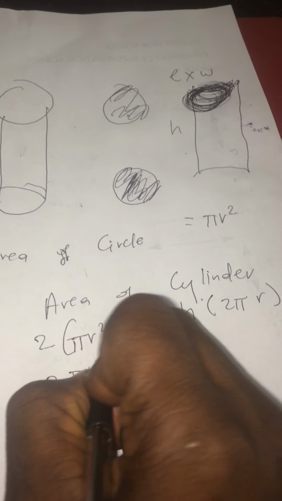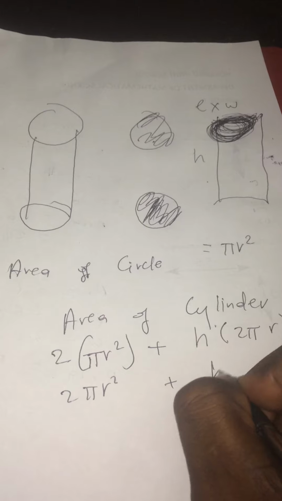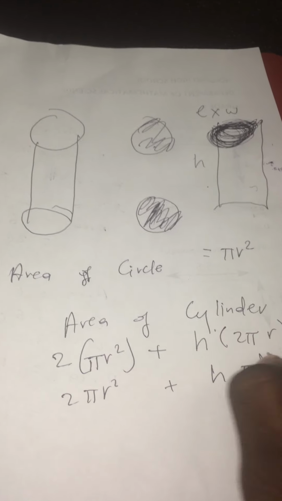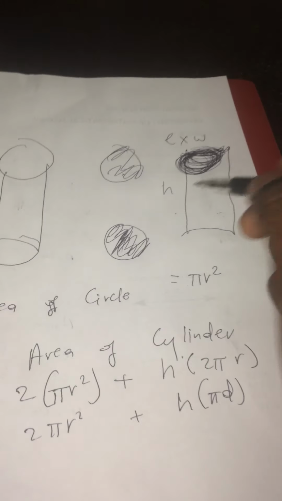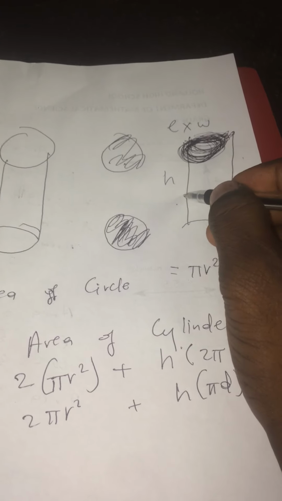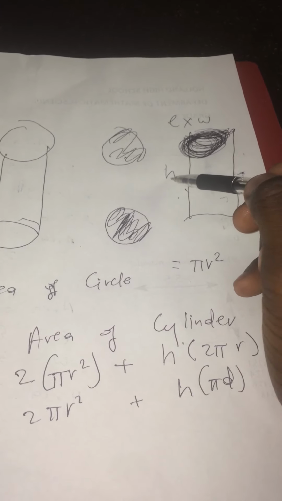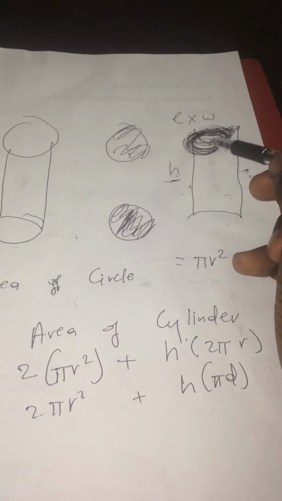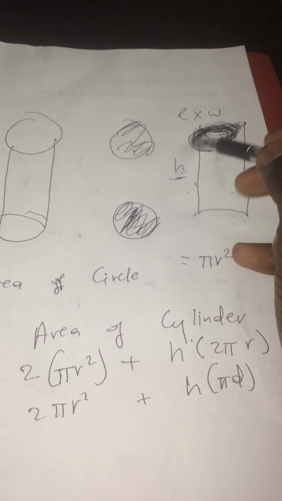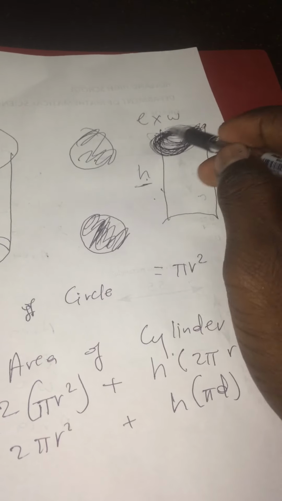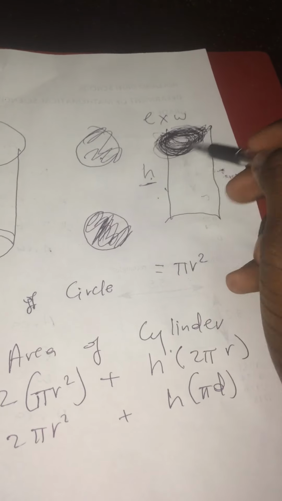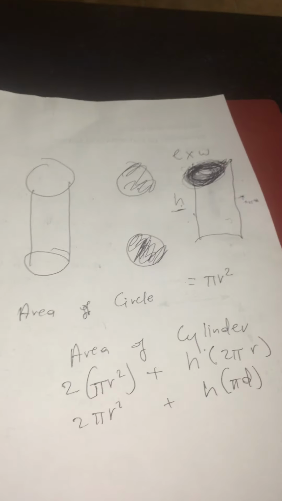So we can have h times 2 pi r, or we can have h times pi d, because we're finding the area of a rectangle, which is length times width. In this case, the length is h, and our width is just the circumference of the missing top part, so the circumference here. So now that would